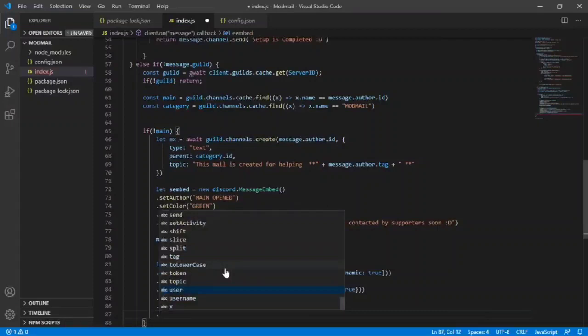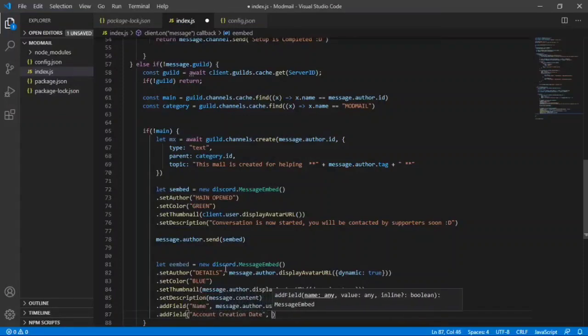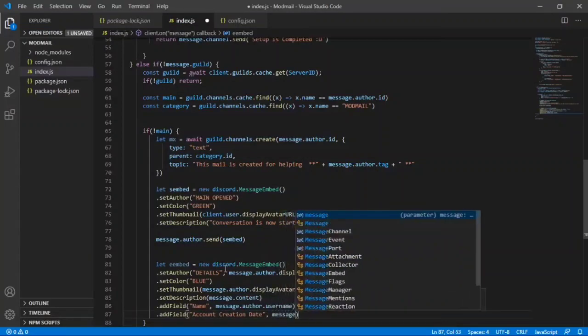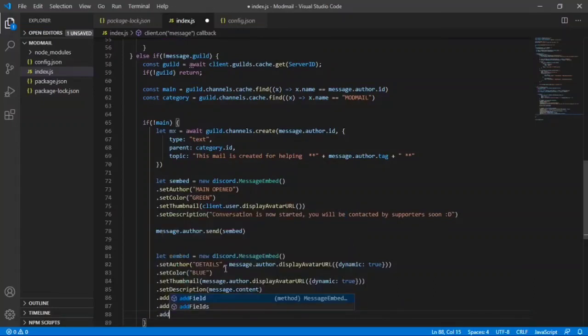Now write field again. Account creation date. message.author.created, add here now. And last thing is